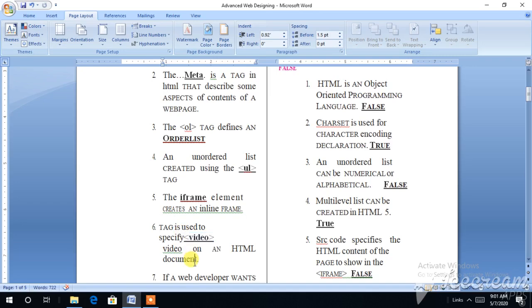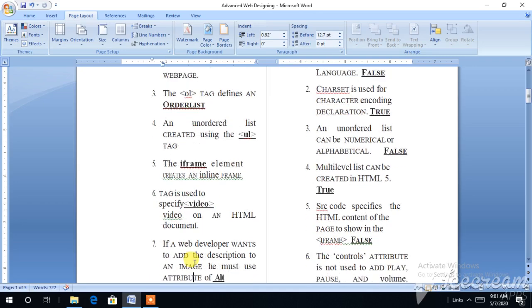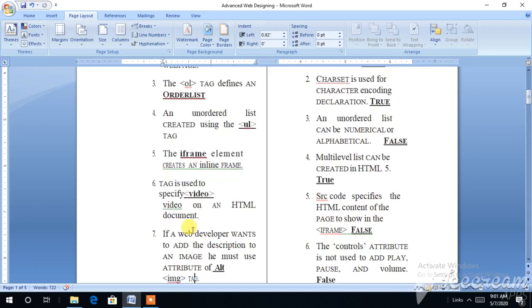Seventh question: if a web developer wants to add a description to an image, meaning an alternative text, we use alt text.